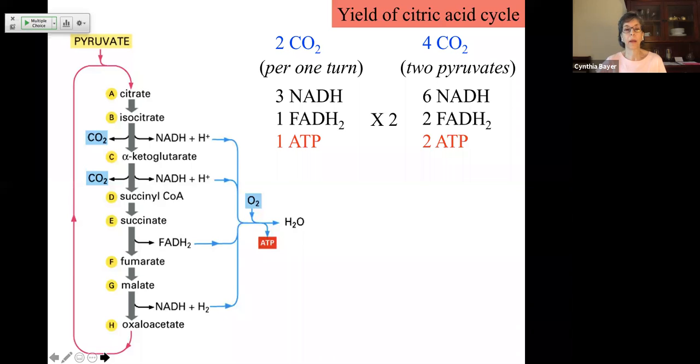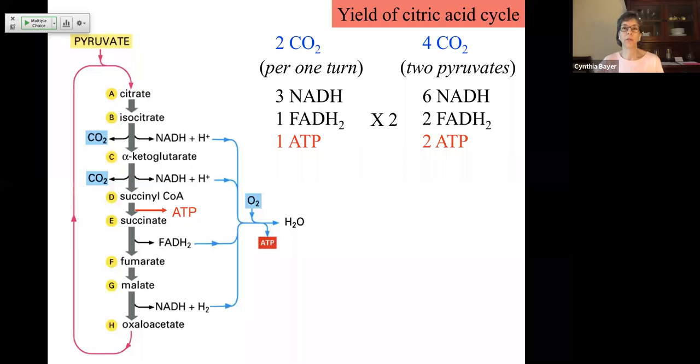And at one of our steps, succinyl-CoA converted to succinate produces a molecule of ATP. So for each turn of the citric acid cycle: 2 carbon dioxides, 3 NADHs, 1 FADH2, and 1 ATP. But remember that for each molecule of glucose, and that's how we're following the yield of cell respiration,